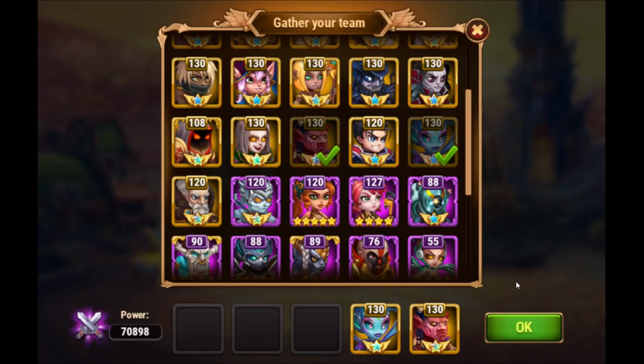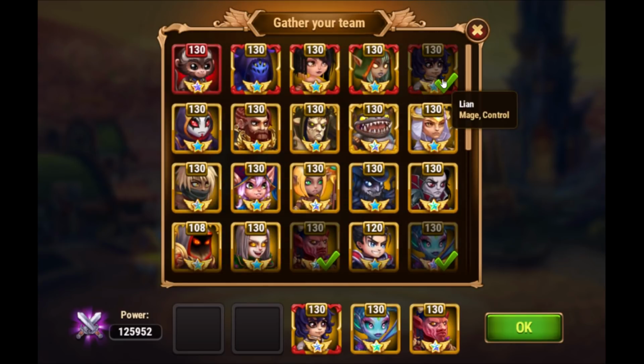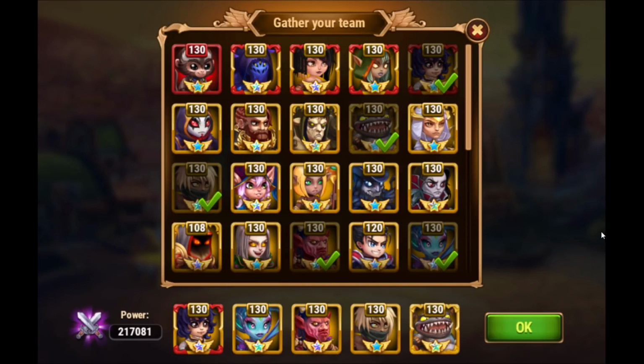And then I would go for a line that I haven't actually seen used, but I would suggest you go for Lian, Elmir and Jabba. The thinking behind this line is the following. Lian will put the whole enemy team to sleep from time to time, and then we have only heroes